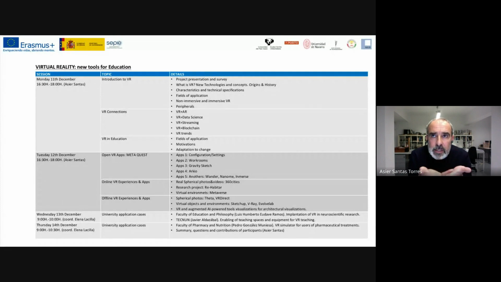modeled and disappeared houses in Colombia that are being rebuilt and provided. You can visit it with your glasses, and we will see social and virtual environments like, for example, the metaverse. And to finish, we will see how to create our own spherical photos, how to create an experience with these photos, and which are the applications and programs used to create these objects